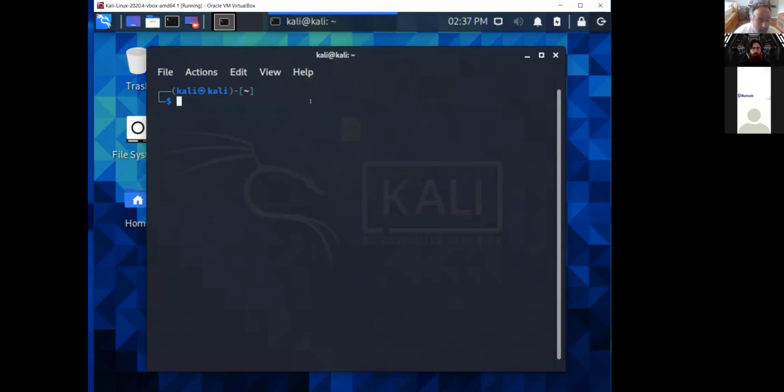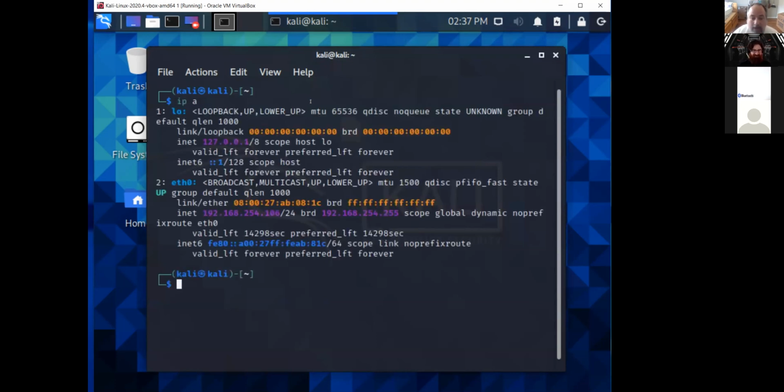So how would I find it? Okay, Brainpan. Nmap. There we go. So if I look at my IP address, it is 192.168.254.106, right? So that's the network that I'm going to scan. So I'm going to do Nmap -sP, which is a ping scan, which means I'm just pinging stuff to see if it's there. And I'm going to do, because I've already done this before,